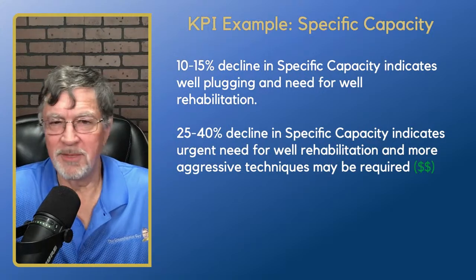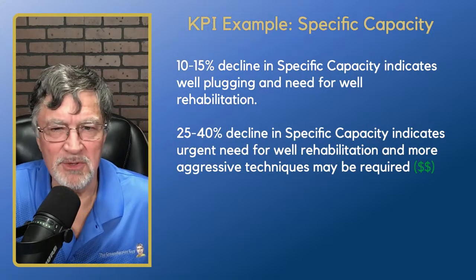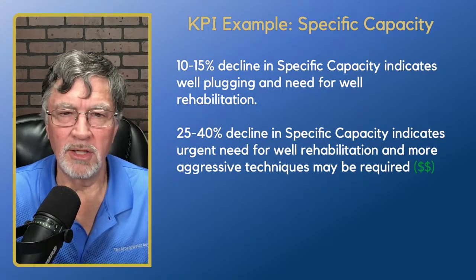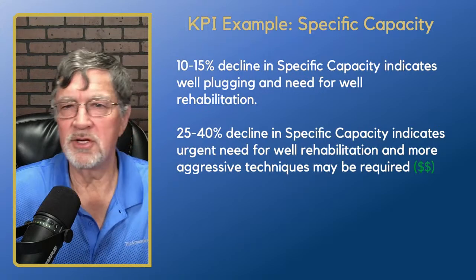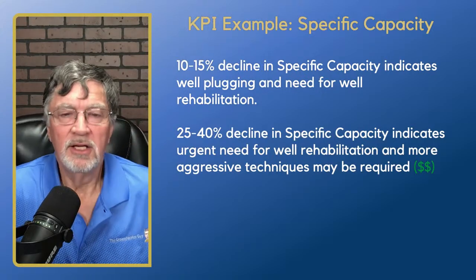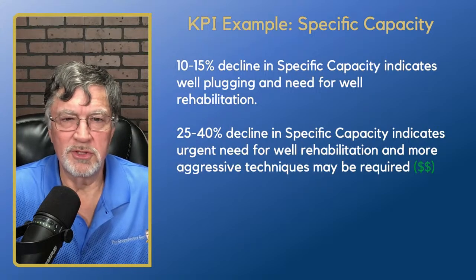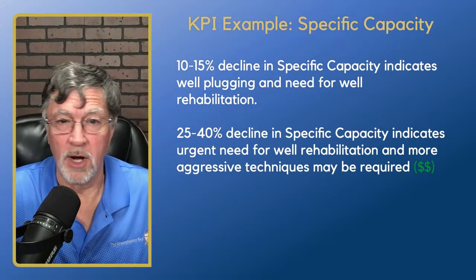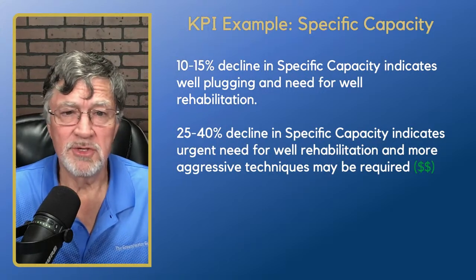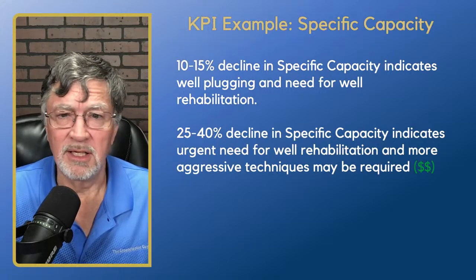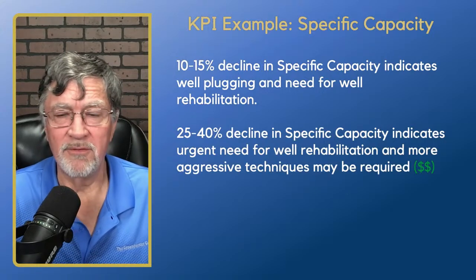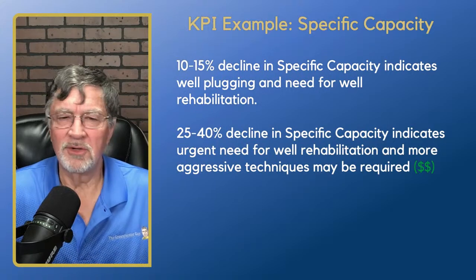So it may take a while to get to 10 to 15%, but then as things start plugging up in the well, your specific capacity starts to go down a little faster, and you can actually lose all the capacity in your well fairly quickly. So it'll tend to accelerate, and sometimes we start to get around the 25 to 40% range, and it'll kind